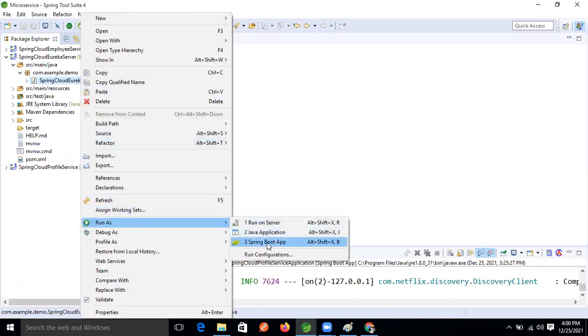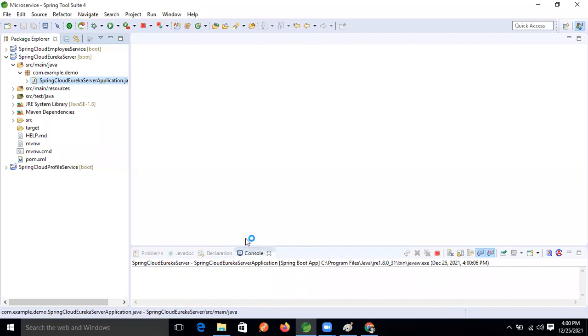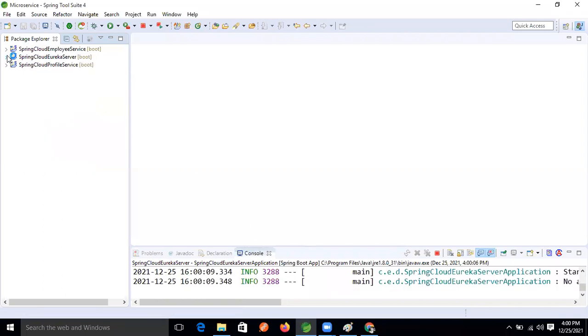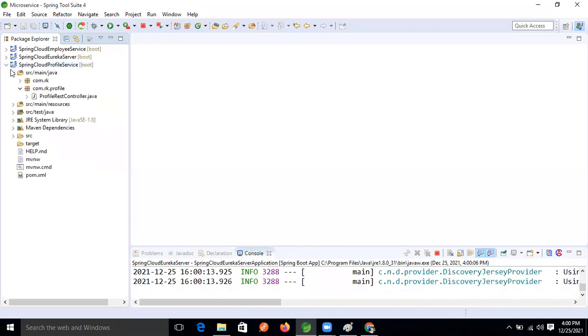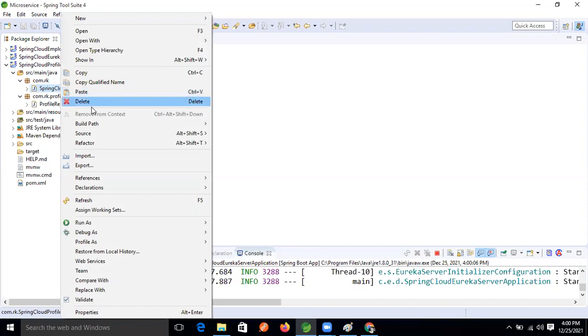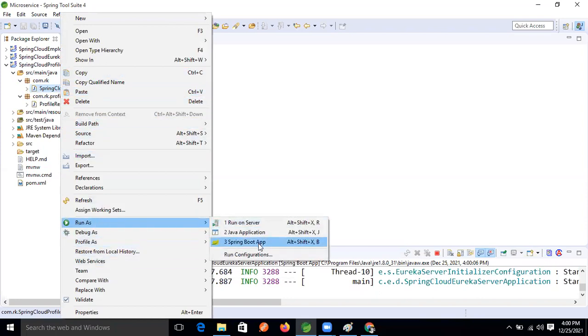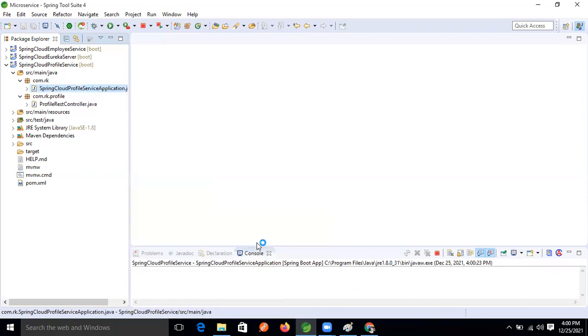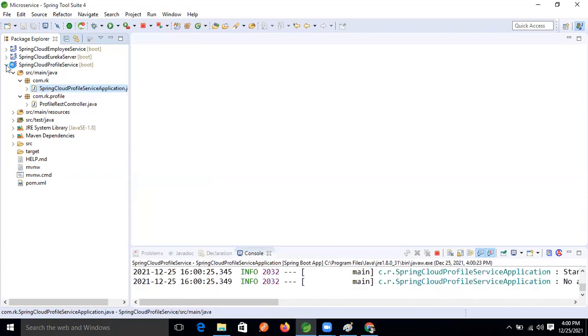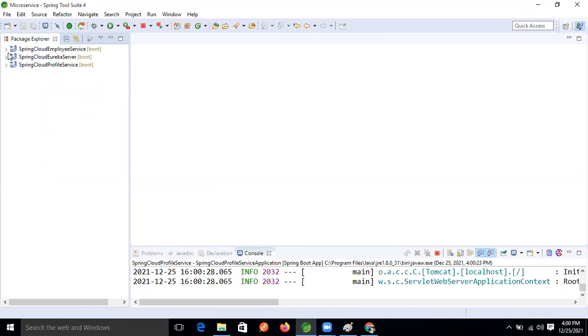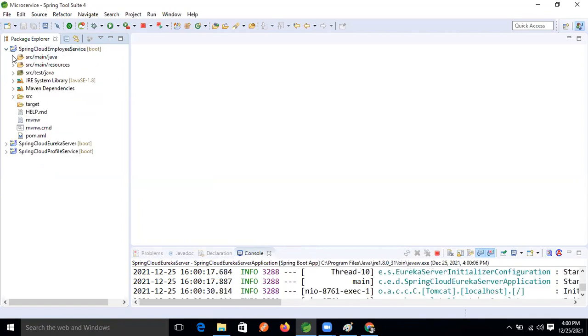Then run the producer application, which is the profile service. Run the profile service. After that, run the consumer service.